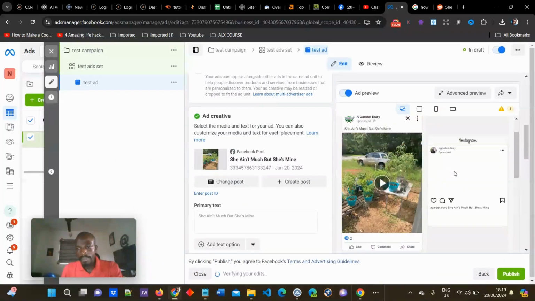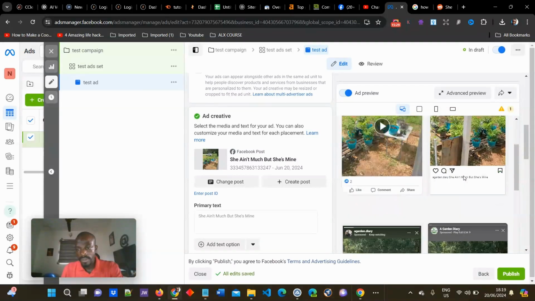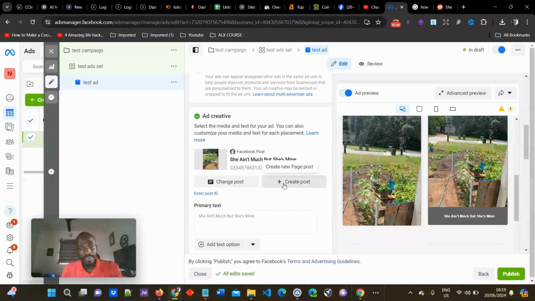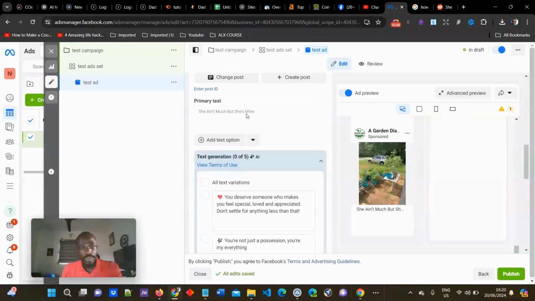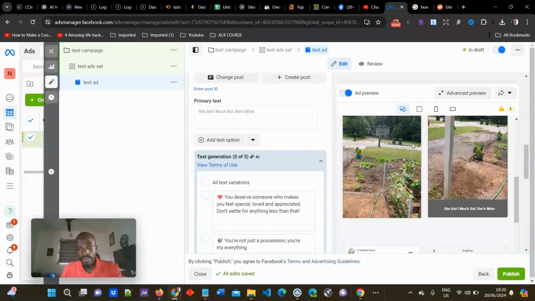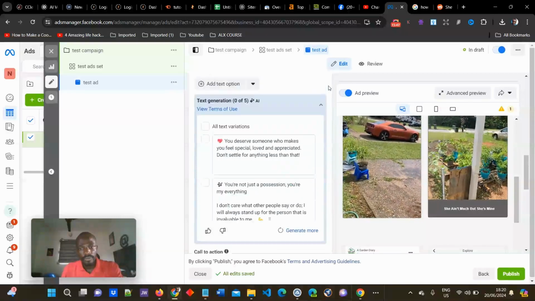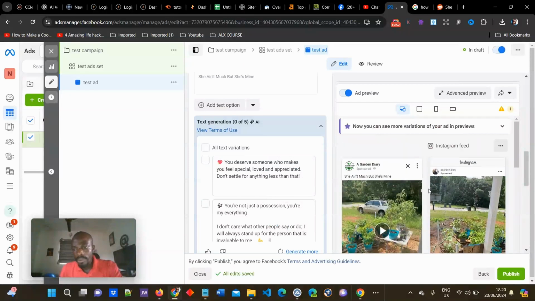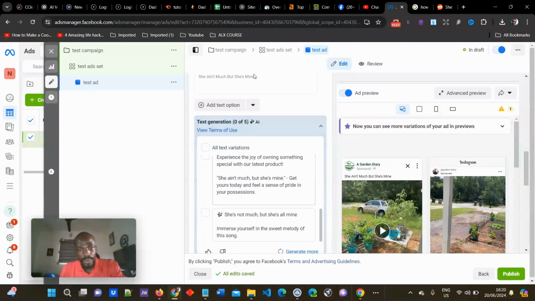Now, as soon as we select that post, continue, you notice it updates on this side of the screen, and yes, we are good to go. Or you can create new posts if you don't have a post on your website or on your Facebook page, that is going to work fine. You can edit the primary text, or you can leave what we have already there. And then you have different AI options that you can make use of if you'd like to have a lot of test options. I typically just ensure that my post has the text that I want it to have out of the box, and then I just, as soon as I'm done with selecting the post,